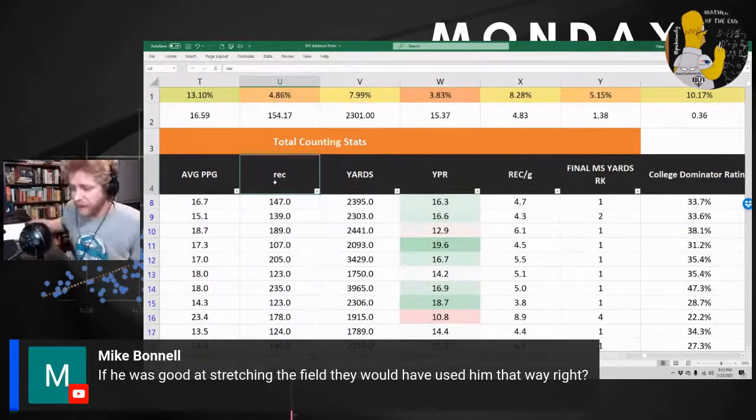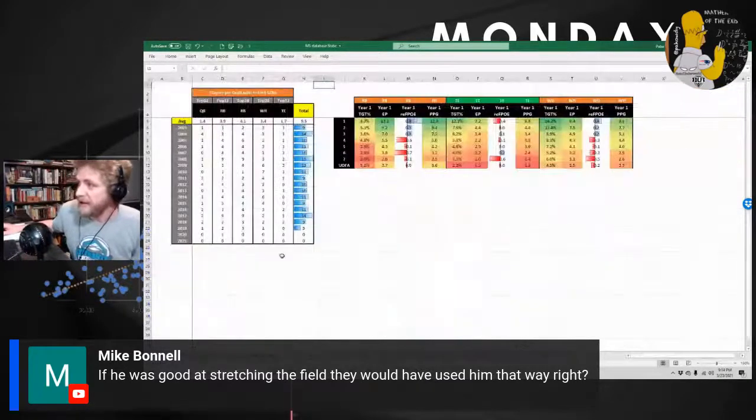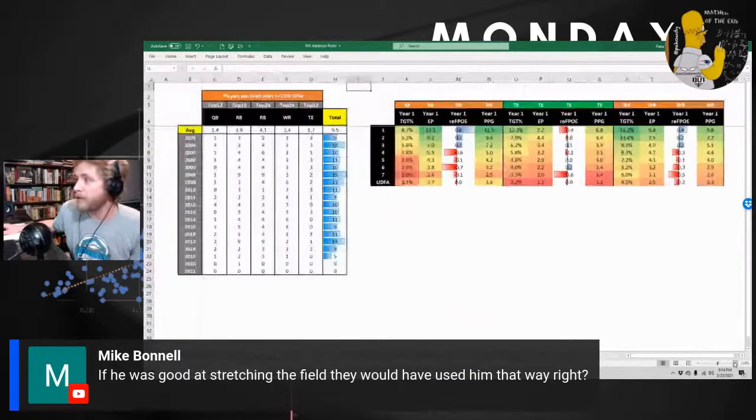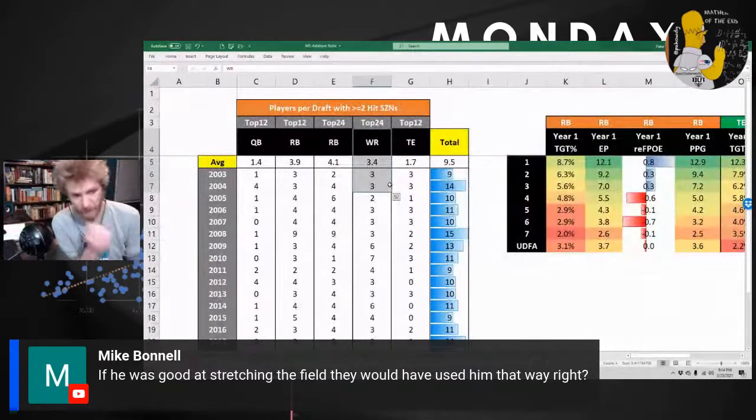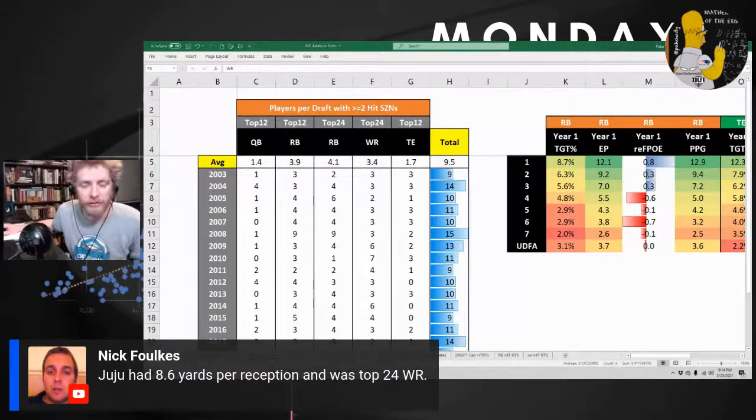And again, I default to the fact that on average, about 3 players hit in any draft class at the wide receiver position. And so I want the most likely to do it, not the ones who might have more upside based on their college role, presumably, but are less likely to do it. So, yeah, 10.8 yards per reception isn't good or bad. It is some sort of insight into the role he had in college. I agree with that one.